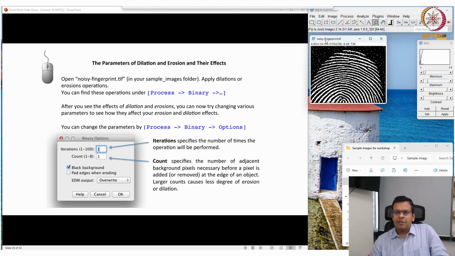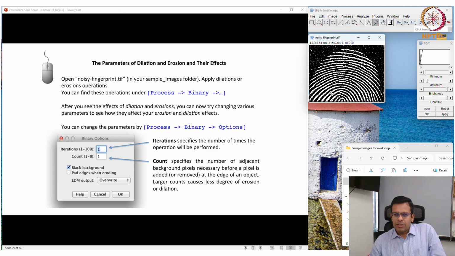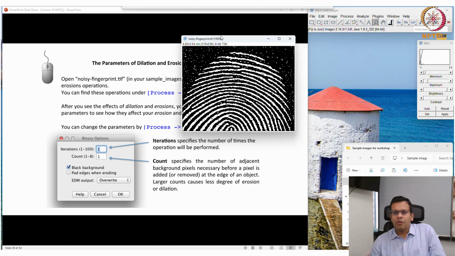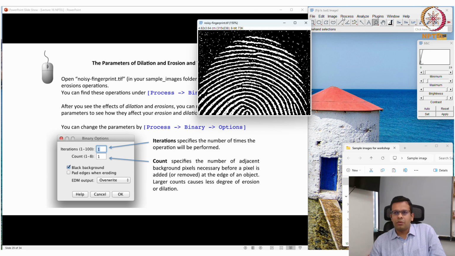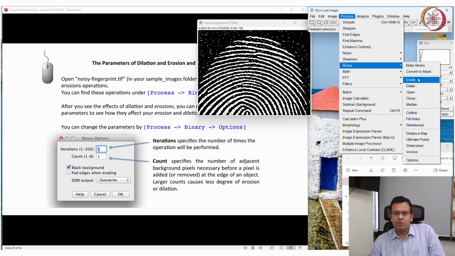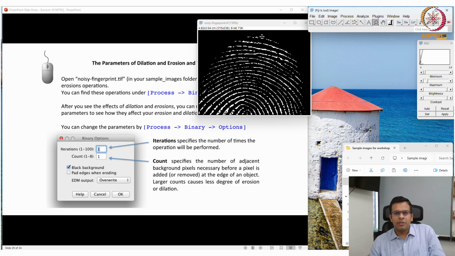So in which kind of situations will you use this? Let's say this is the image and you want to remove this kind of small debris from the image. In this case, you go for the erode function: go to process, binary, and erode just one time, so that the thickness of these lines will be reduced by 1 pixel. See, by using this erode function, I could get rid of all those spots.